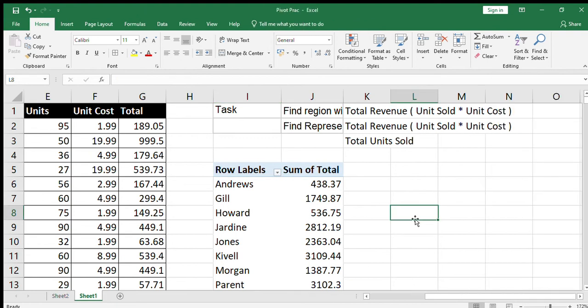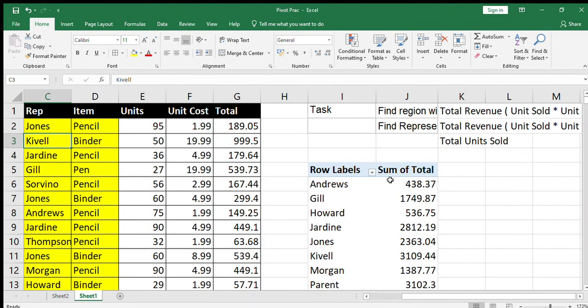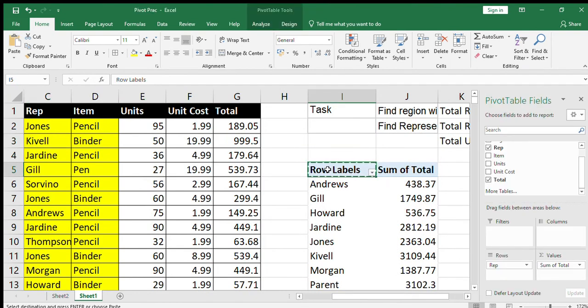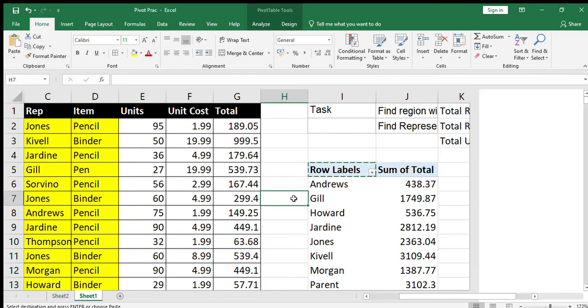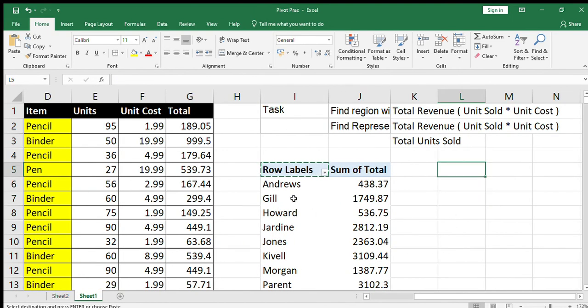Okay, now the last, which is unit sold. So we want items sales. Okay, what I'll do, I just copy this and paste.